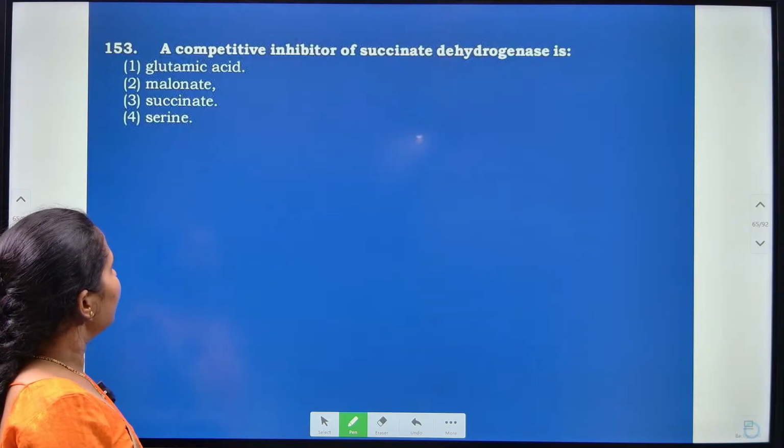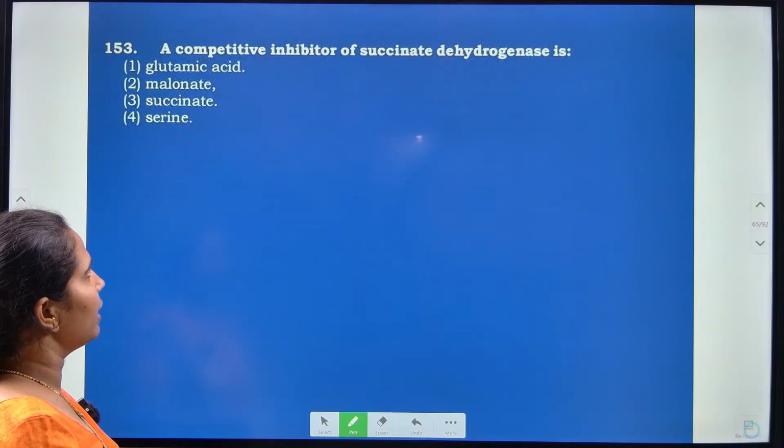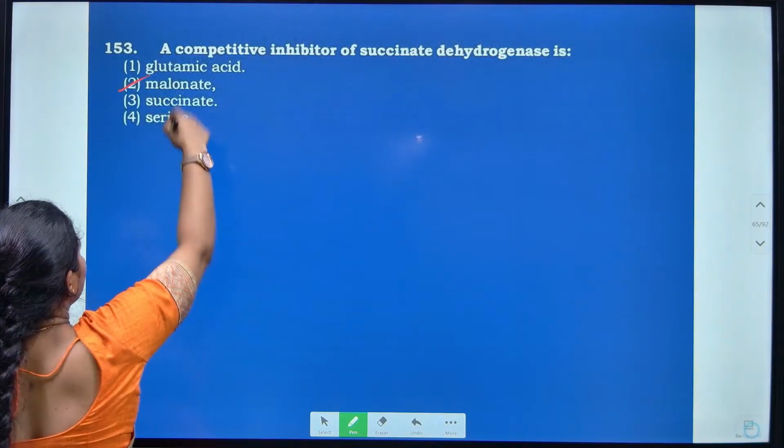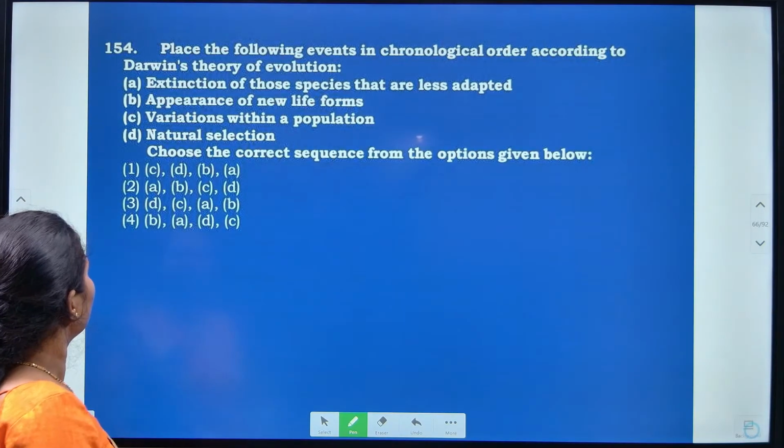Next, the competitive inhibitor of succinate dehydrogenase enzyme is malonate. It is a direct question here. Next,